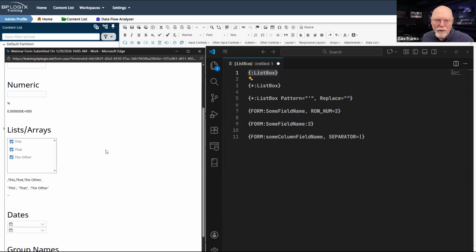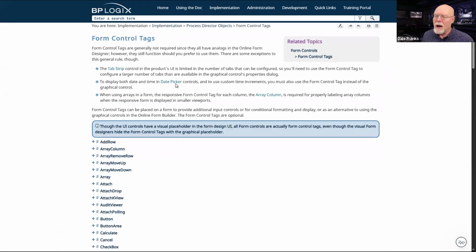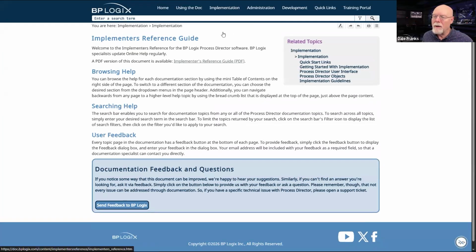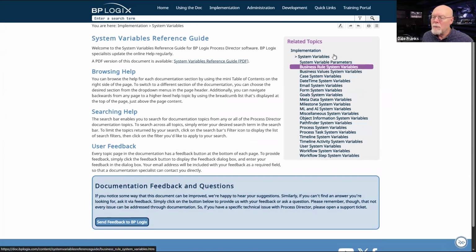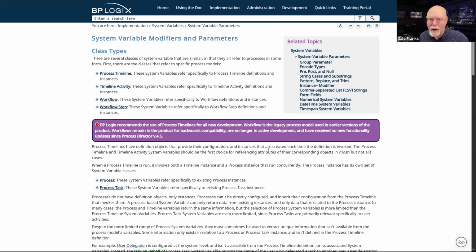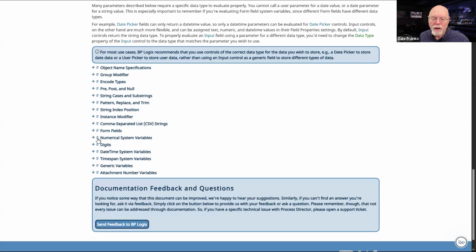There are several different encoding characters that are available for various types of sysbars. There are, in fact, a lot of encoding characters available for those sysbars. What we're talking about is taken from this page I'm just about to show you. If you go to system variables, there's the system variable parameters page. All of these parameters that I'm talking about and many more are listed on this particular page.